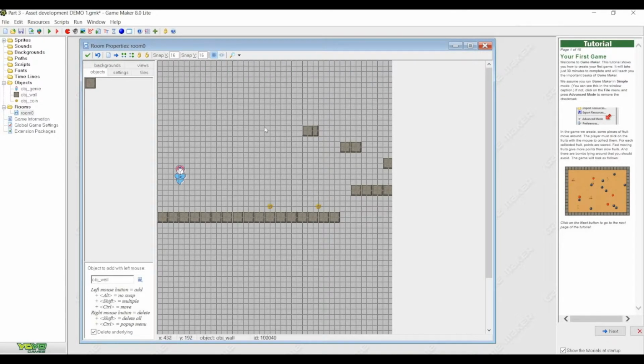And I'm going to hold my shift key down and add in a few there. What I have noticed is if you go the opposite way, you can see it's not doing something right with my blocks. So if you're going to put multiple blocks on, you always have to go from the left to the right when you're doing this. Okay,